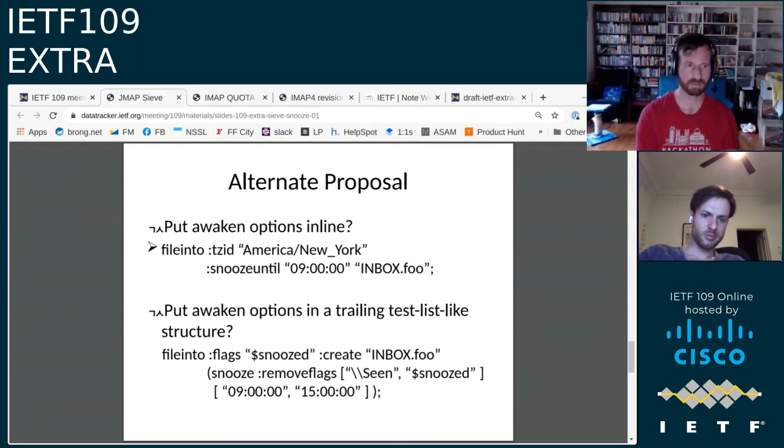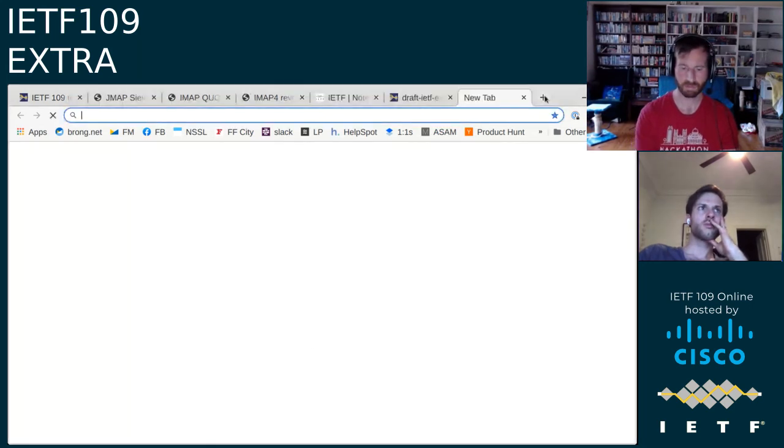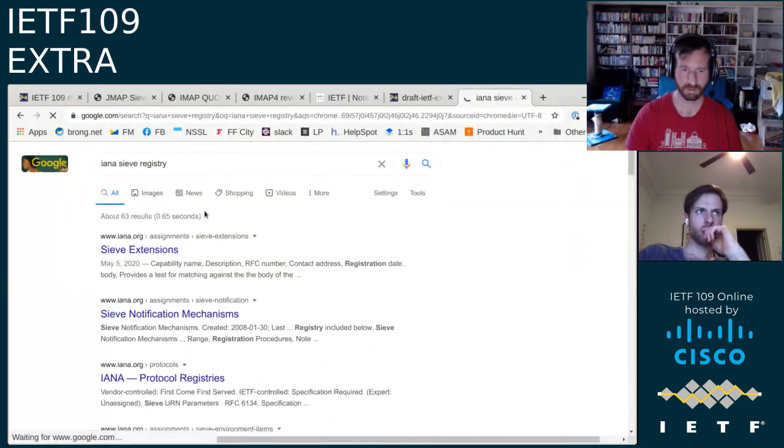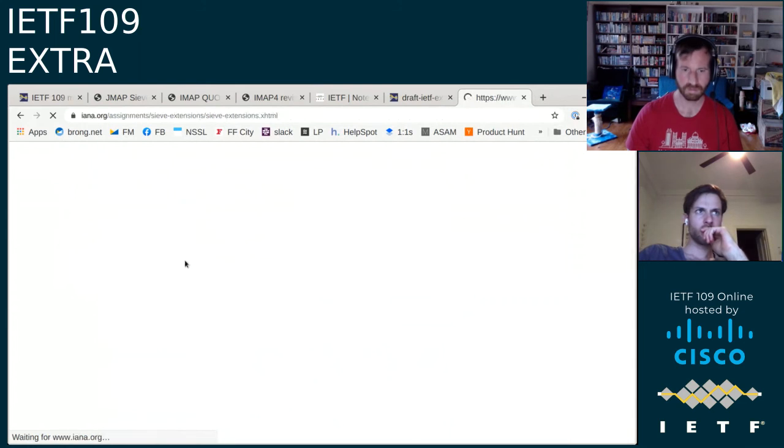Sort of tangentially related to this, do we have an IANA registry for actions? There's a registry for the extensions, but not specifically for actions, I don't believe. It's just an extensions registry.